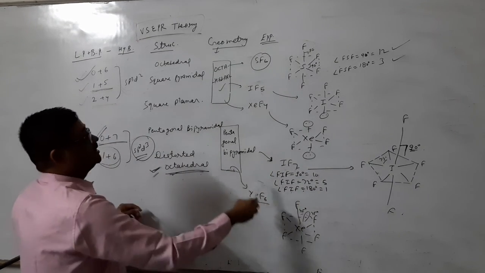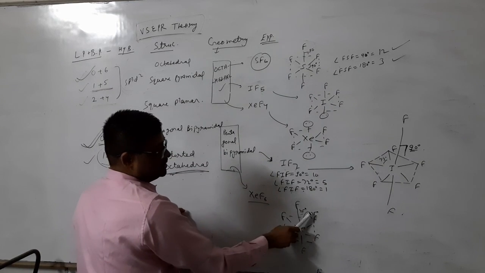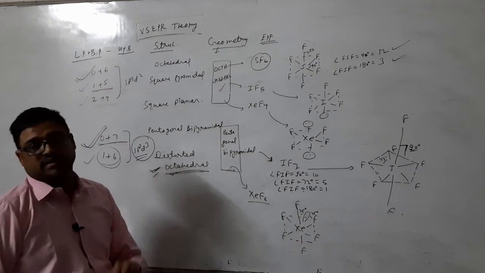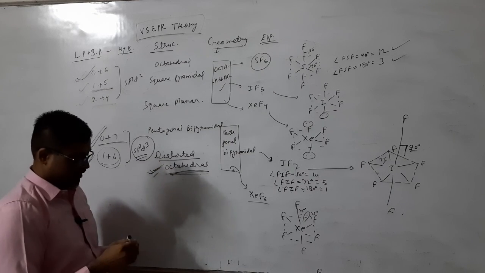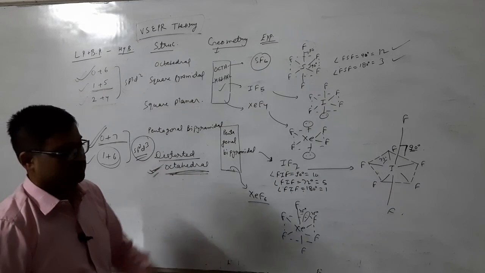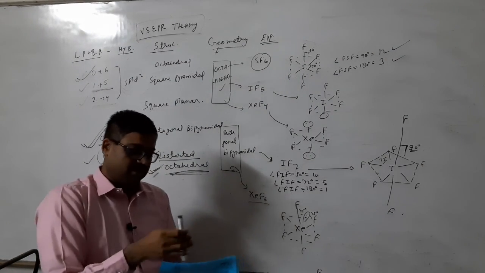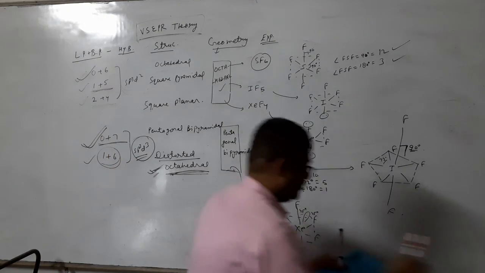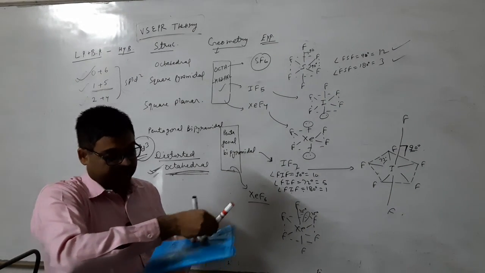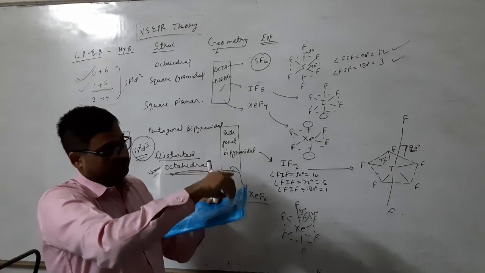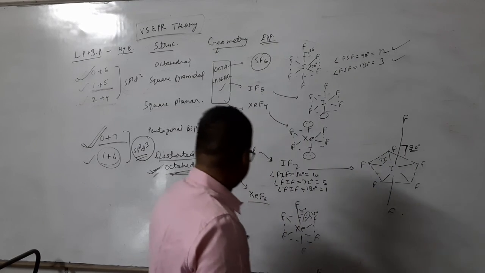Clear? So it is just like the octahedral structure of SF6 if I compare, but it has a lone pair. So I will not call it octahedral; I will call it distorted octahedral. Clear? So the structure will be distorted octahedral in this case. I can show you. Suppose this is the plane and this is the equatorial position, this is the equatorial position, and this is the axial position. So the lone pair will lie like this with a 45-degree angle from above and downward, in between both of them.